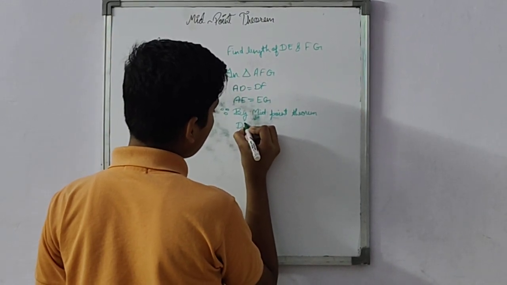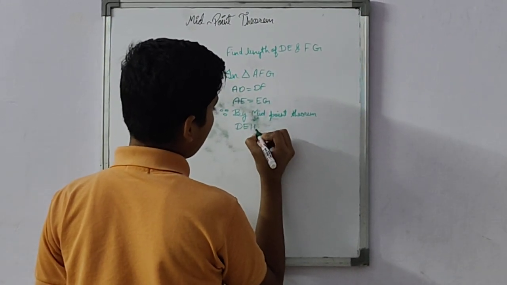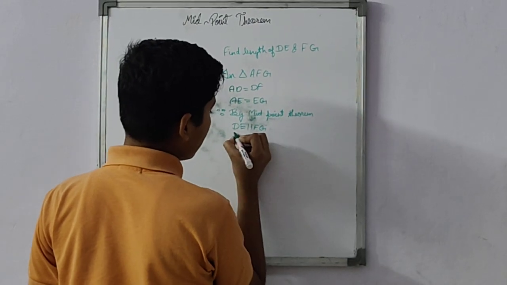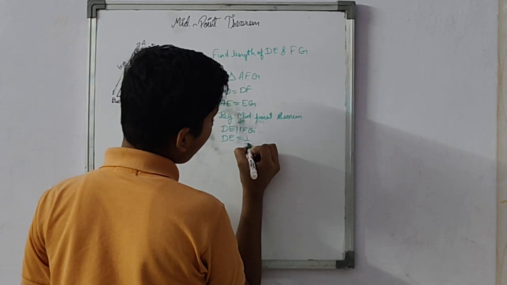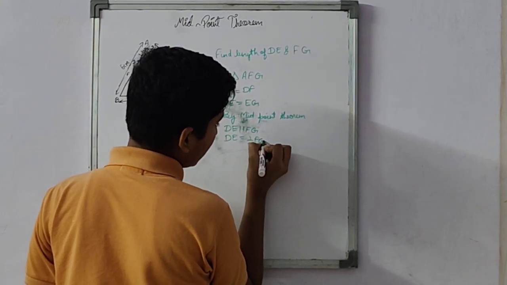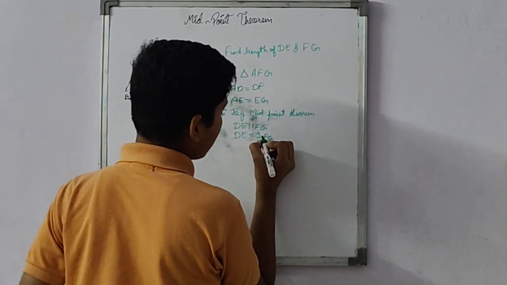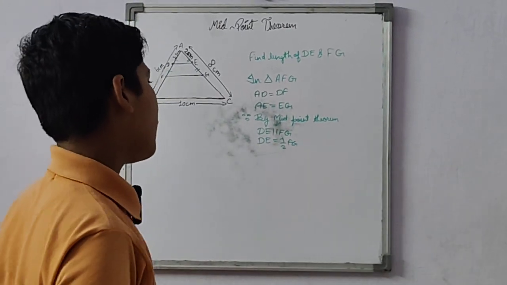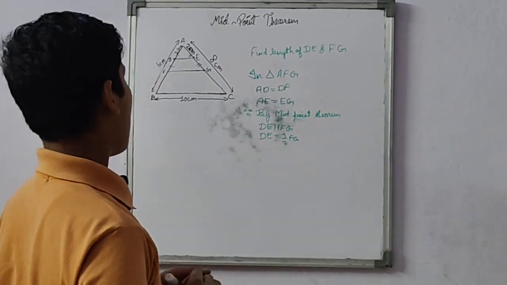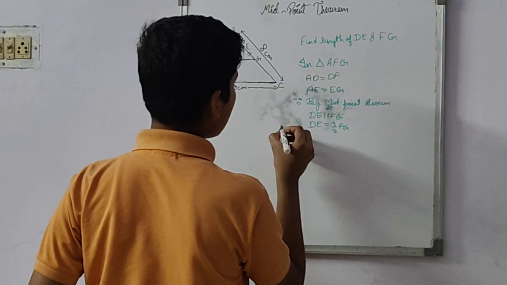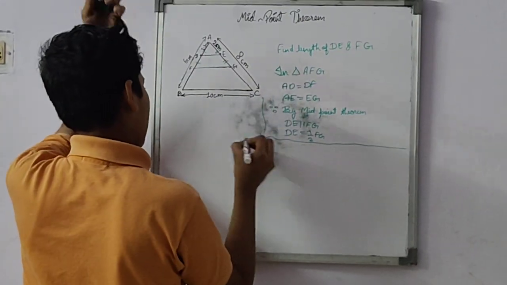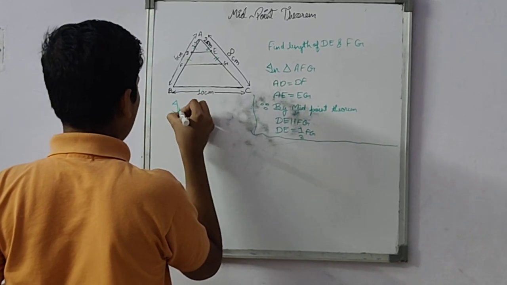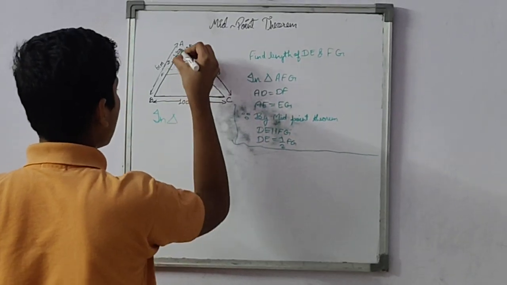DE parallel to FG, comma, DE is half of FG. Okay, DE parallel to FG and DE is half of FG. Now in triangle ABC,